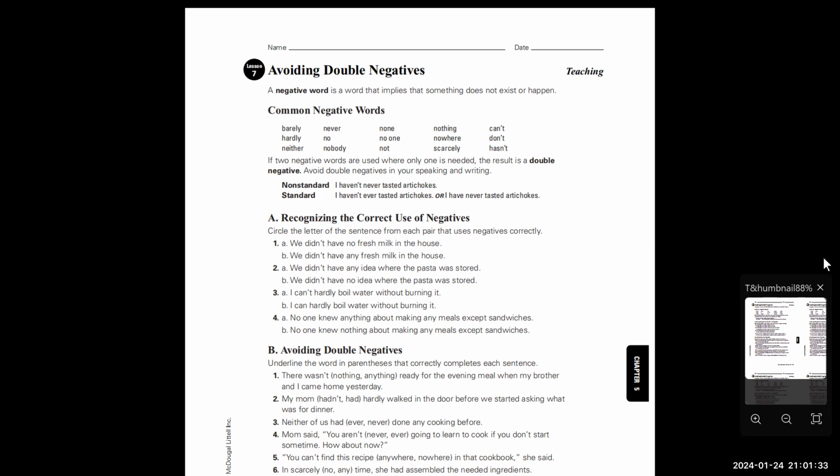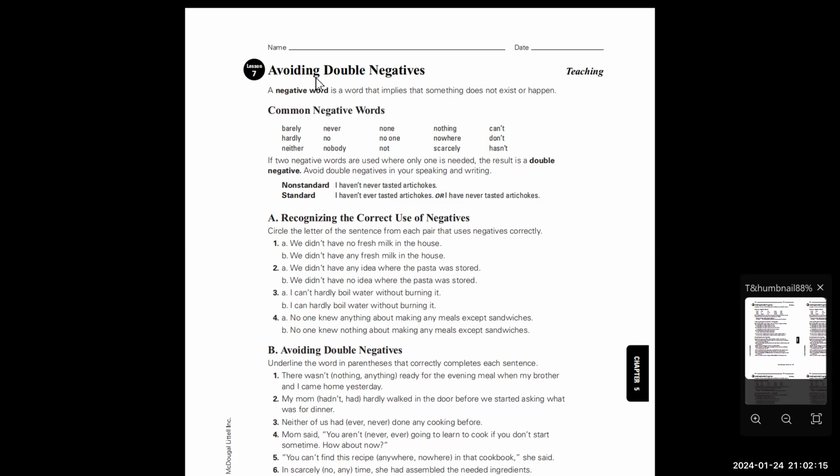So for tonight, we will not have the verb tenses. We will have a new lesson, which is, please read, avoiding double negatives. From the title itself, we have to avoid double negatives. When we talk about negative, what do you think negative is? Negative means opposite of positive, so negative means like the bad part, okay?